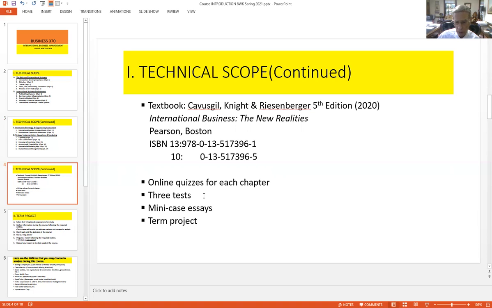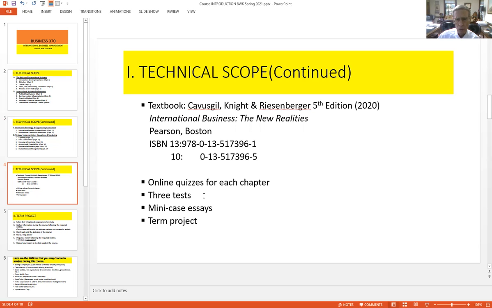There's something else that we're going to do. At the end of several chapters, there are, I think they're called closing cases, but they're a page and a half, perhaps 2 pages, but they summarize a particular company's situation that characterizes the subject matter of that chapter. And they're very, very useful because they can let us understand how these principles that we're studying in the textbook actually apply to real life situations. And so for, I believe, 5 of them,